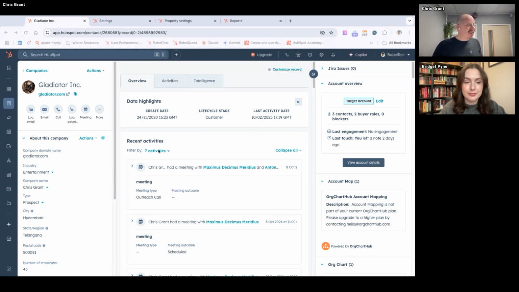So let's talk about the left-hand panel and some of the things we can do. One of the really nice things we've got in HubSpot here is the ability to customize the record. I can go and have a look at my customization options straight away. So we'll go through the left-hand sidebar, we'll go through the middle, and we'll talk about the right sidebar.